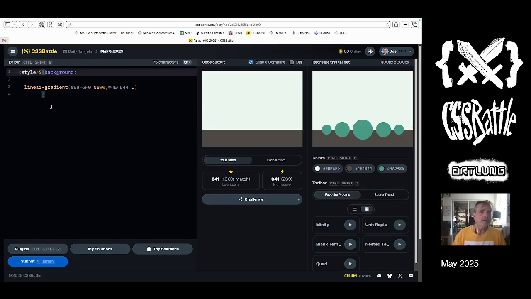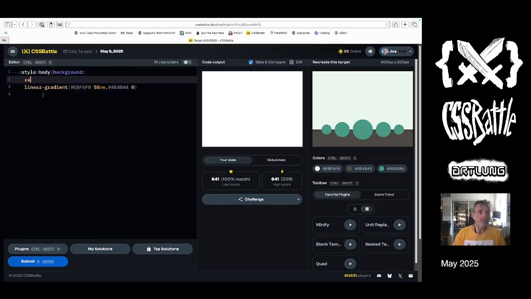I guess I need a body. There it is. Okay. I need three kinds of gradient. Radial gradient, circle, green of 40 pixels, transparent,